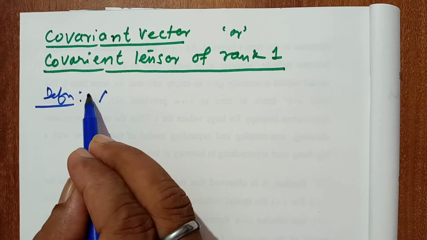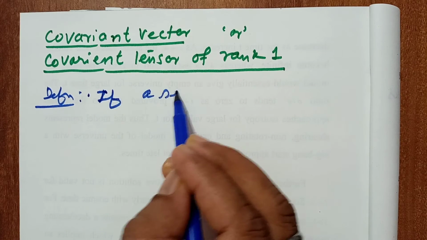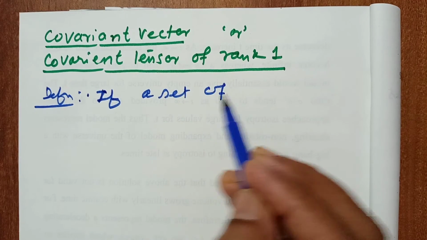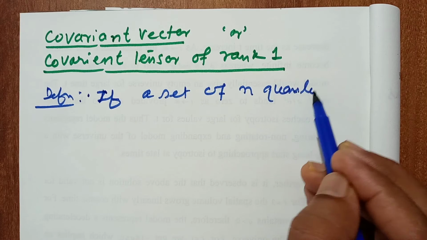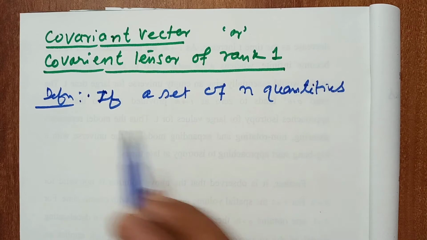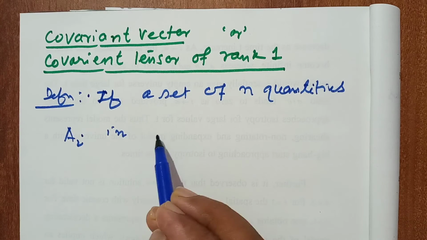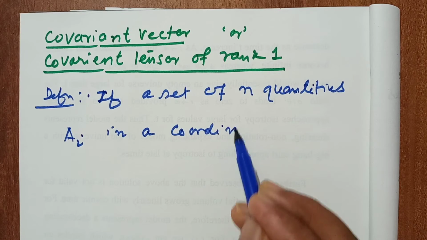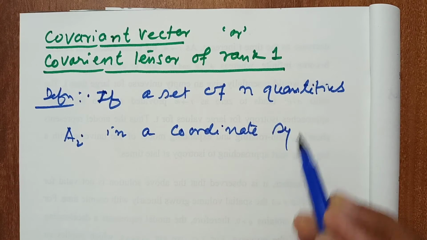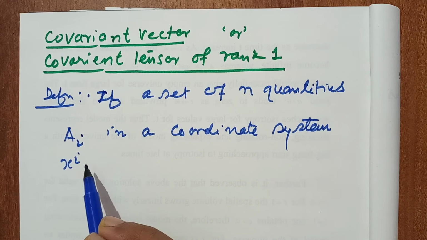So if a set of n quantities a_i in a coordinate system x^i, okay,